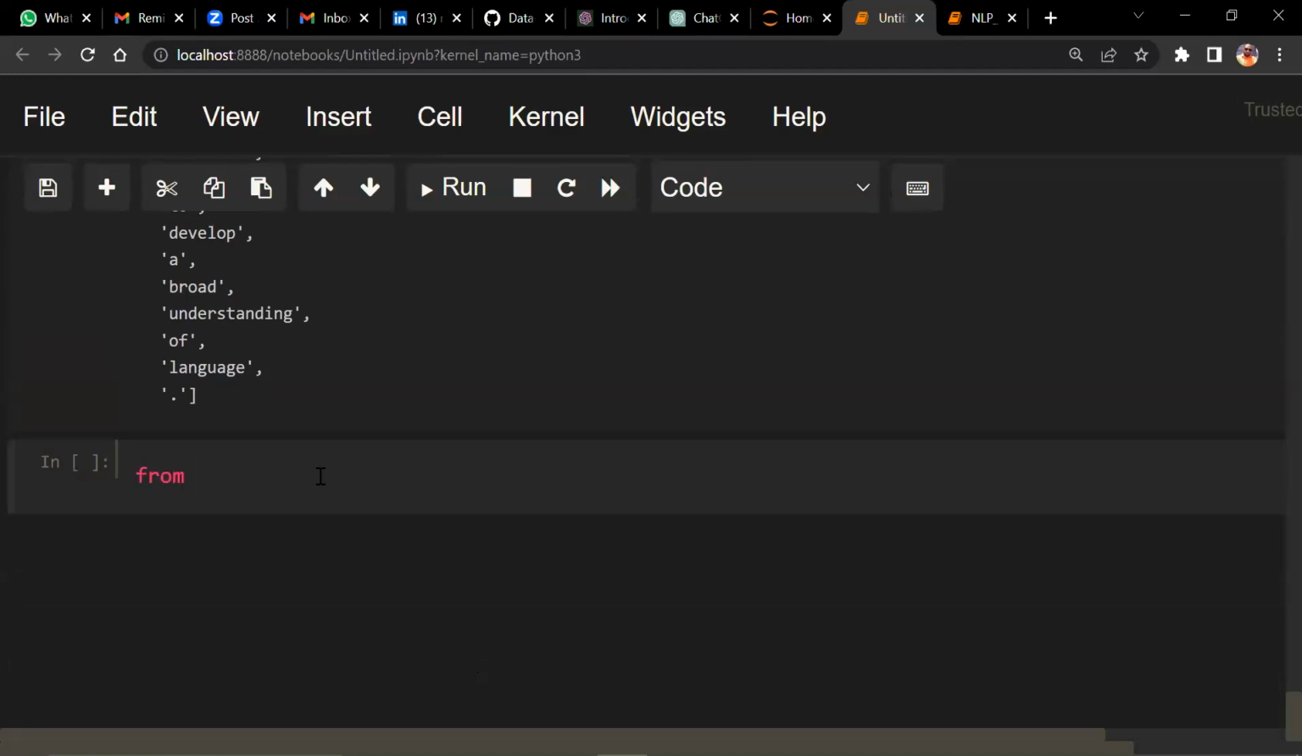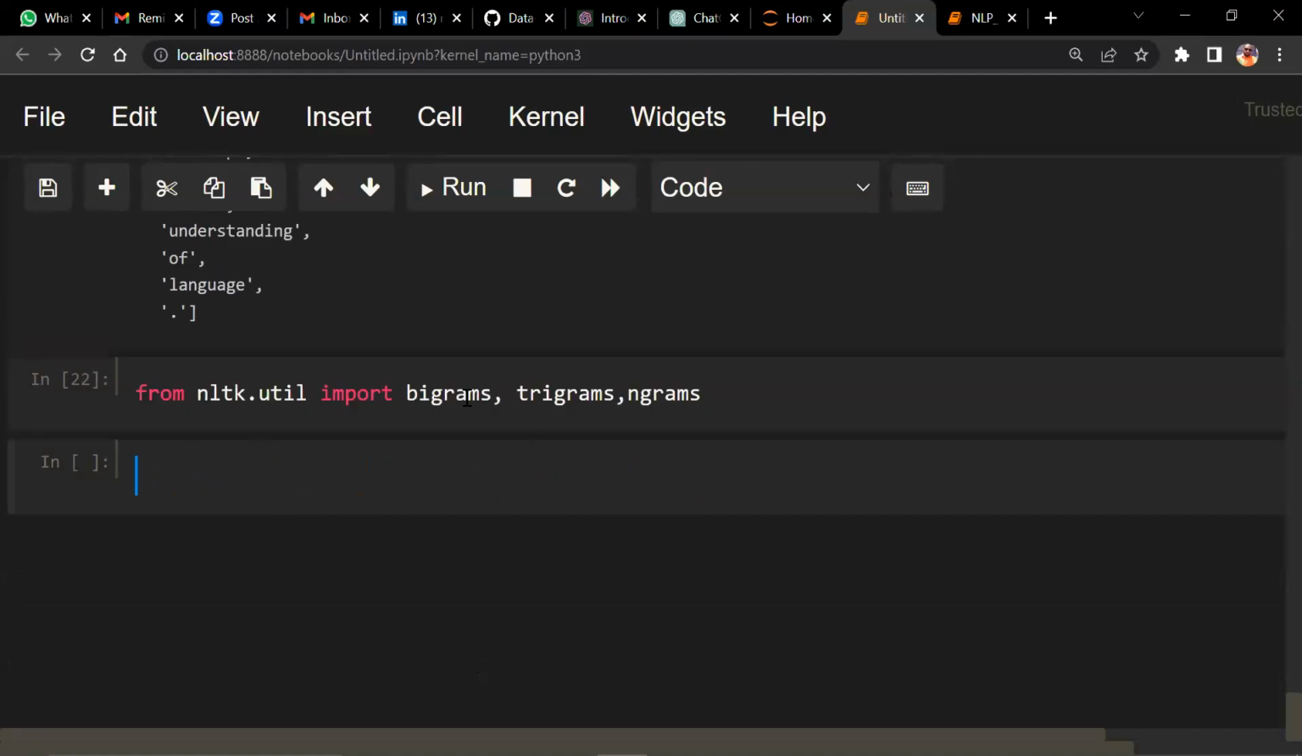Let's call the package: from nltk.util import bigrams, trigrams, and ngrams. I think an S is missing, so let's check this. I hope you understand, guys. So let's pass all those things and we get these results, guys. Now let me talk about